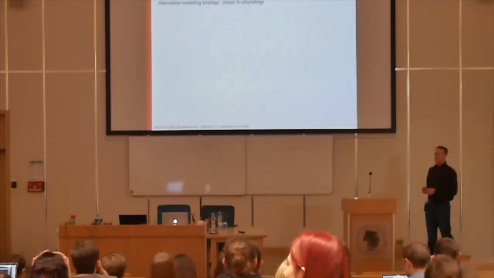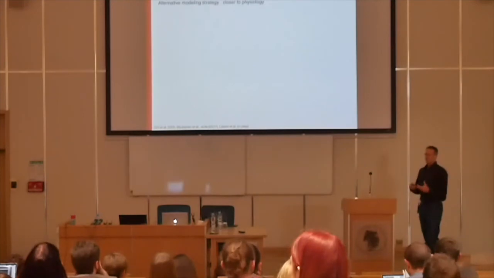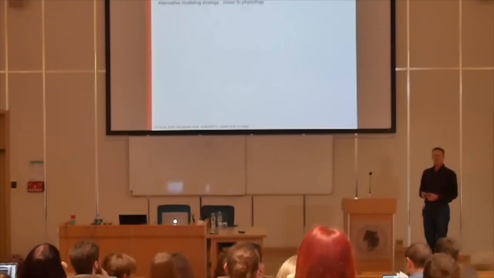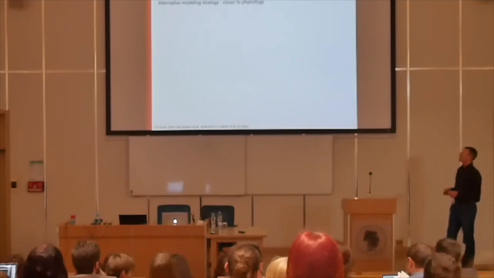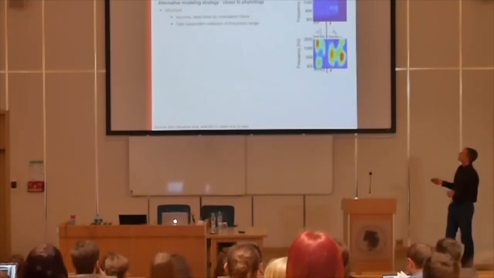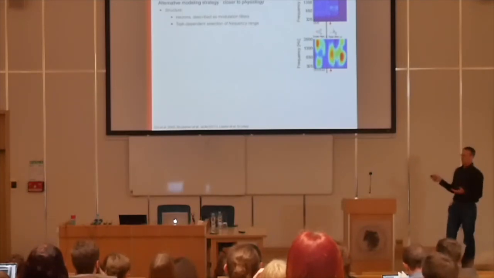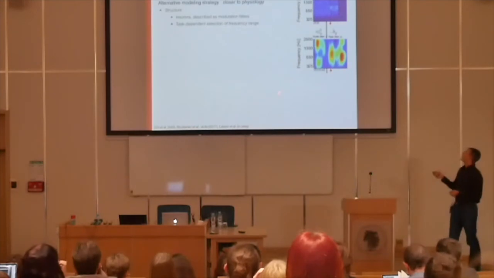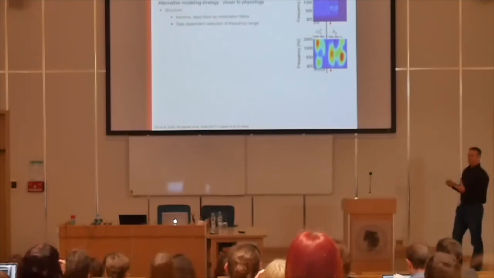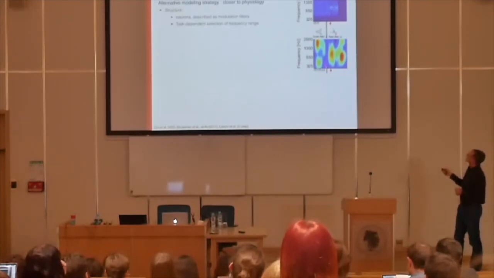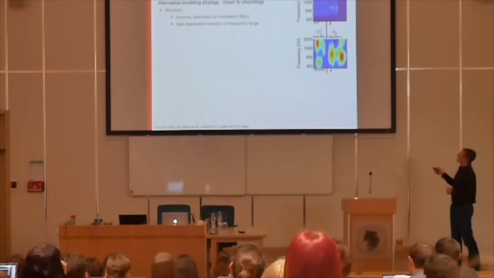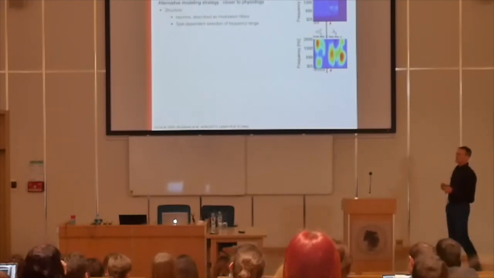One thing that we then asked is, can we now bring this into a more physiological context? In order to do this, we came back to the so-called cortical model by Chi et al., which is a little bit closer to physiology. What you have here is the so-called modulation filter bank. You have certain scale and rate filters, where scale filters are across frequency and rate filters are across time. And then you end up with a representation of the stimulus. This is just a subset of the overall model representation.